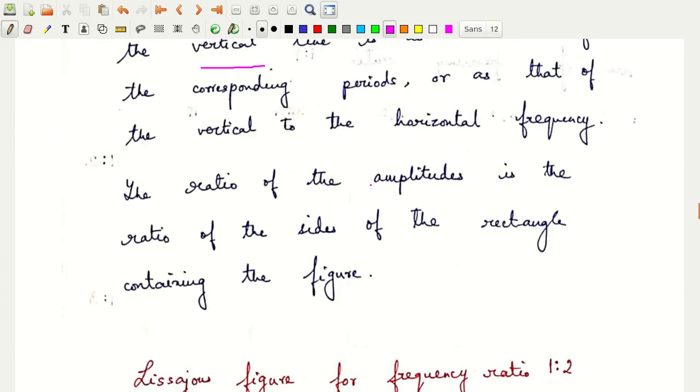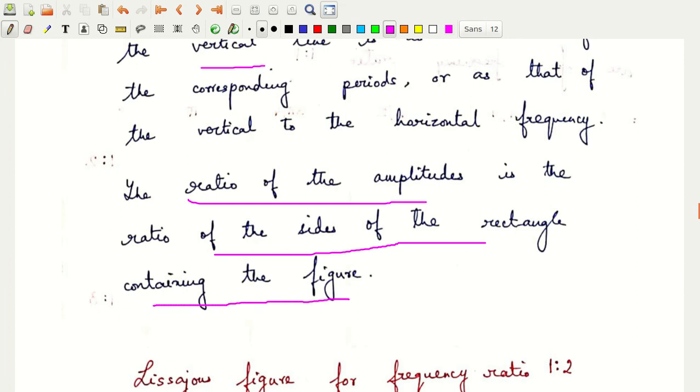And also the ratio of the amplitudes is the ratio of the sides of the rectangle containing the figure. From the sides of the rectangle which contains the figure, I am getting the ratio of the amplitude also. Now for the 1:1 frequency ratio we have already done the mathematical derivation in detail,